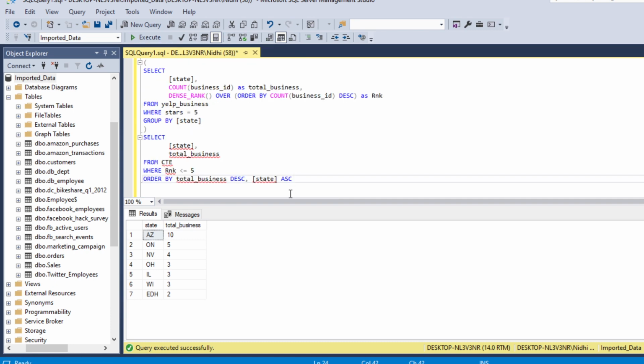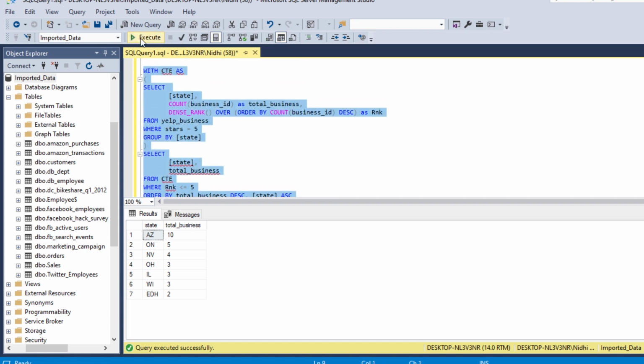Okay, so let's run this code again. So now we have got all the rows by total business in descending order and state in ascending order. As we can see here, in these 3 states we have a tie, so it has provided us rows in alphabetical order.